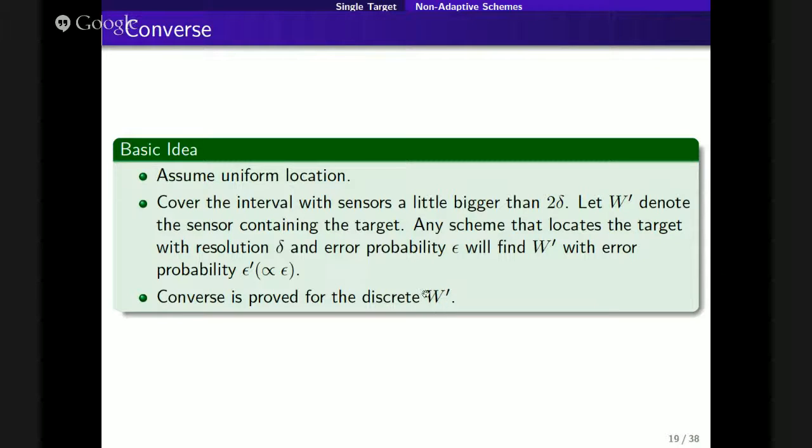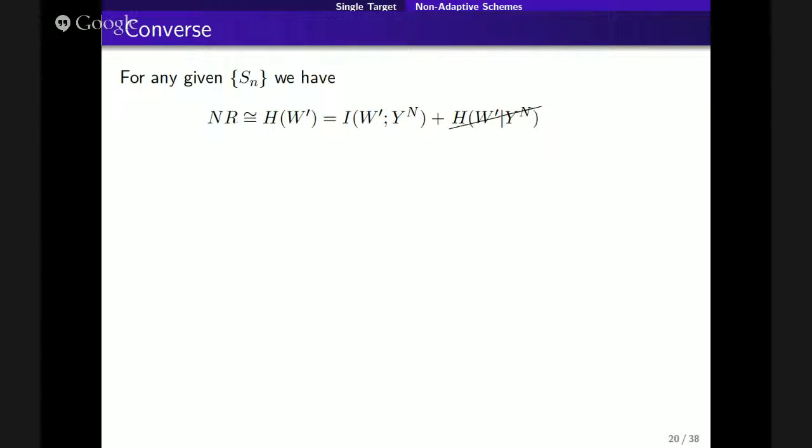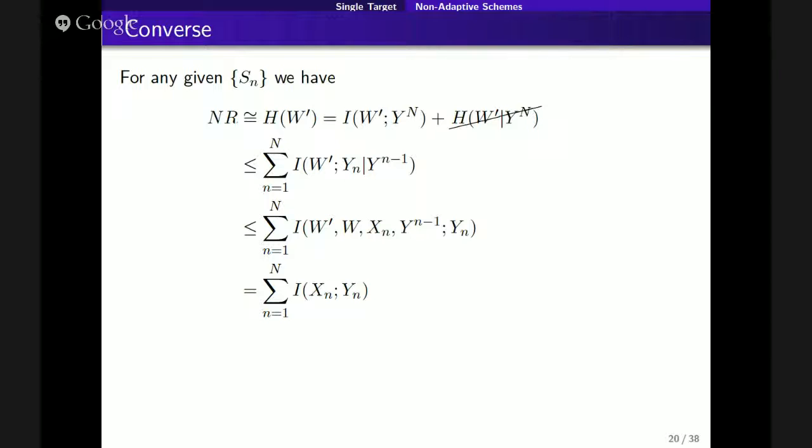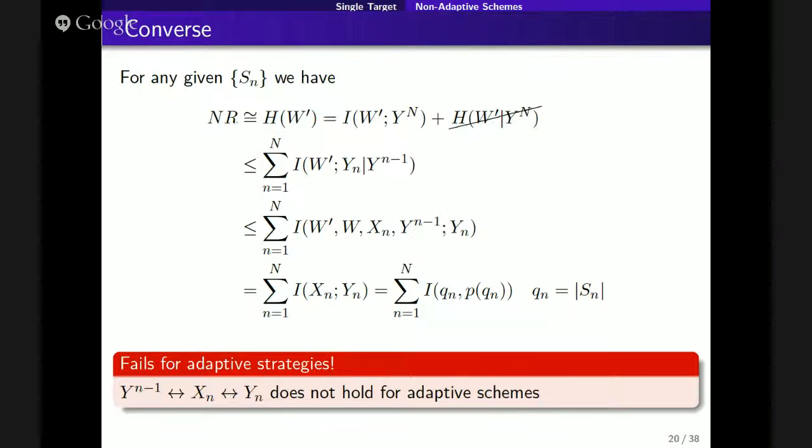And then we prove the converse for this discrete setting. Of course, I'm not going into the details. So even under this discrete setting, you will not be able to do better. The converse looks like a regular channel coding converse, and if you taught information theory or taken it lately, you've probably seen exactly these kinds of inequalities. This is Fano's inequality and so forth. The reason I'm showing this is just to say that this converse fails when we have adaptive sensing.